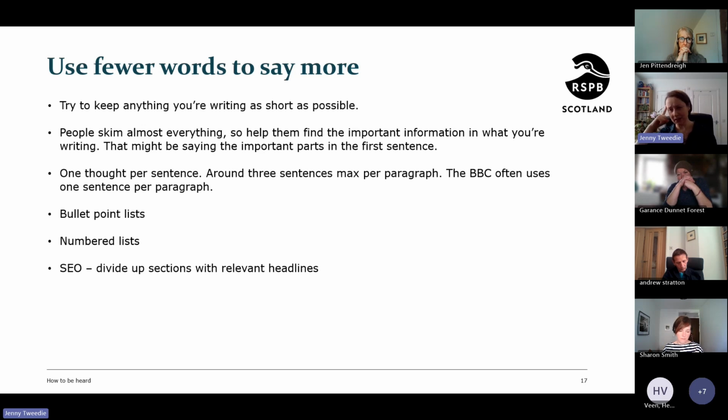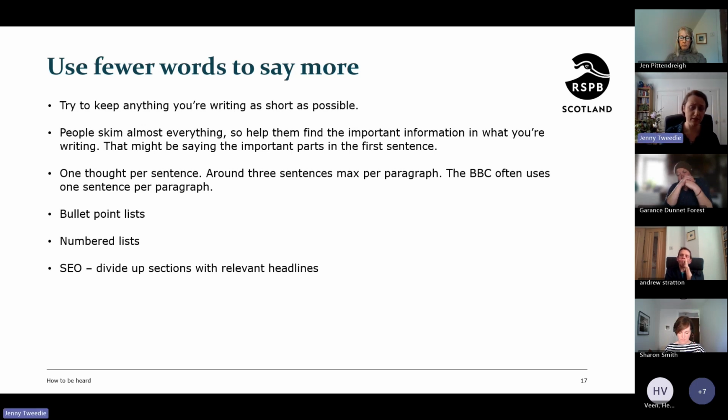And then I'm thinking, gosh, I have to keep it fewer than 25 words, and I have to use the active voice and all these other things. So it can be quite a lengthy process writing things. So don't hide your meaning. Don't be like, oh, it's autumn and the leaves are turning and it's beautiful and there's loads of birds coming in and it's great, and get to the woodlands, and oh, by the way, I've got an event happening next week. No, no, no. Your event is first, and then all the other beautiful reasons why people should come goes after that. Try to keep one thought per sentence if you can.